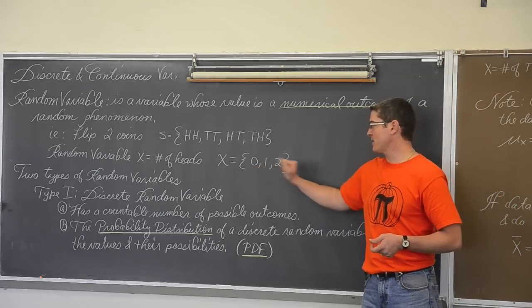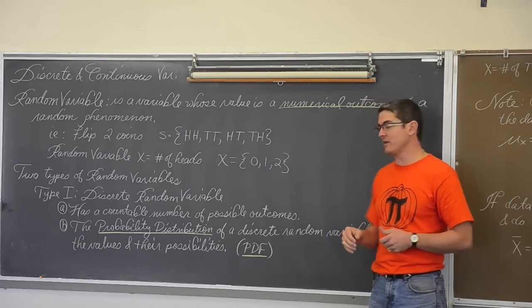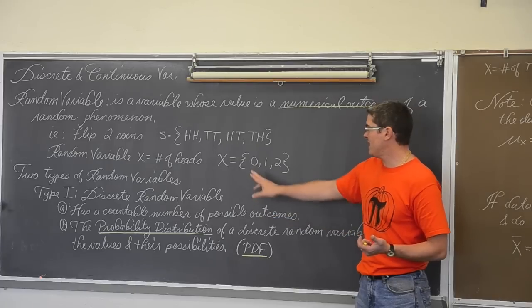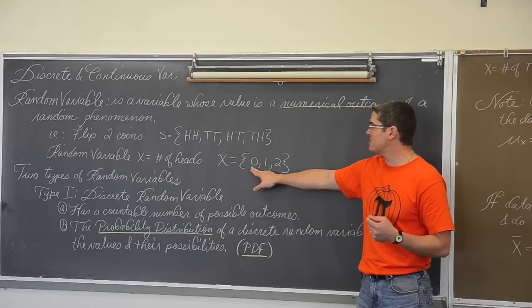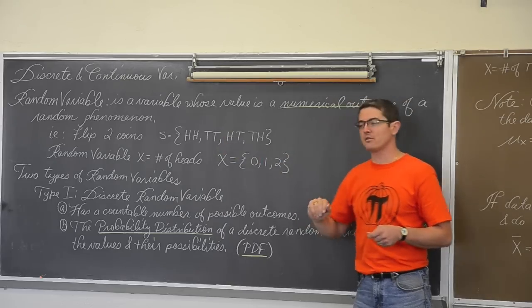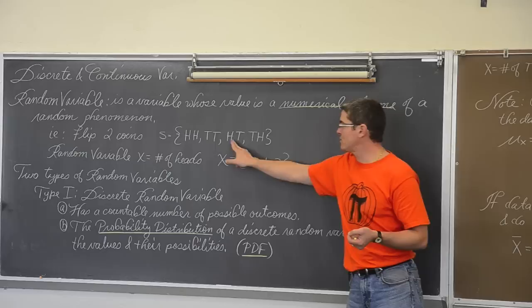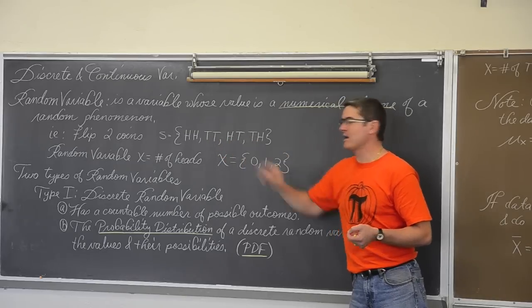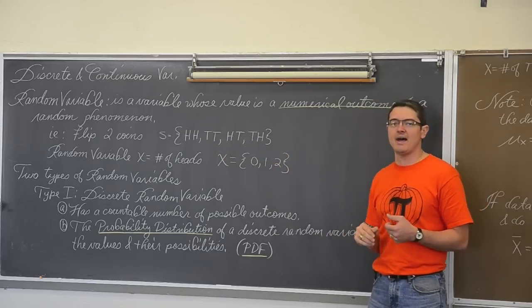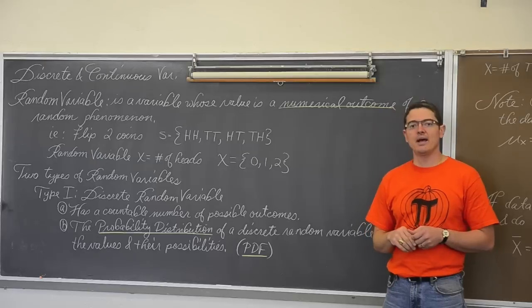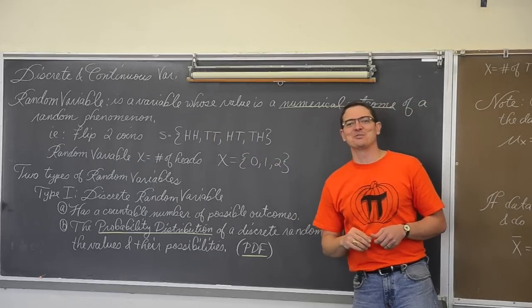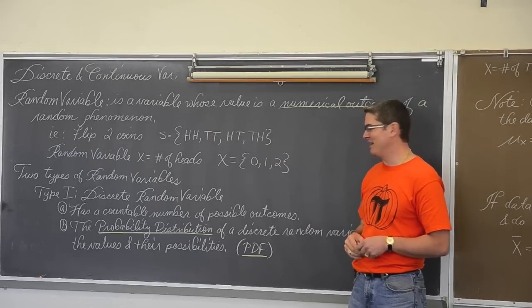I could do that with these 3 outcomes, but we have another example in the next screen, so I'll say it verbally. The probability of getting 0 heads is 1/4. The probability of getting 1 head is 2 of the outcomes out of the 4 possibilities, so that would be 1/2. And the probability of getting 2 heads is 1/4. All right? Moving on to the next screen.